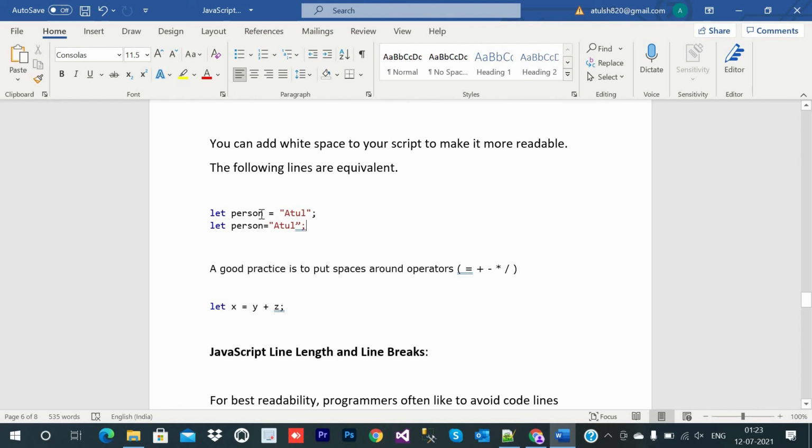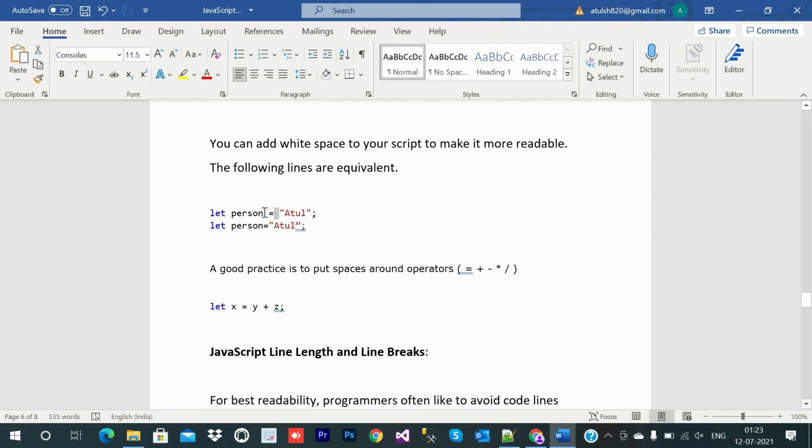So what is the difference? In the first example, we are giving space around the operator equal to: space before the operator and space after the operator also.